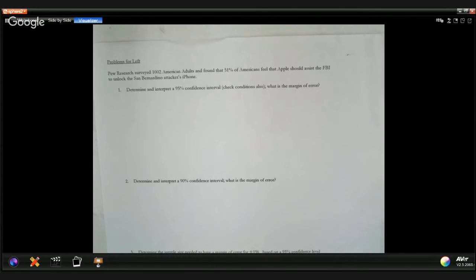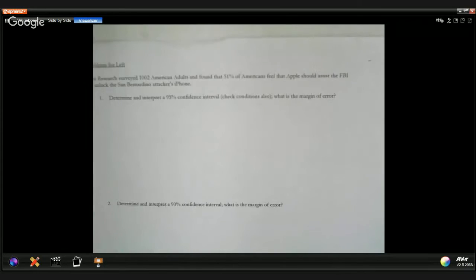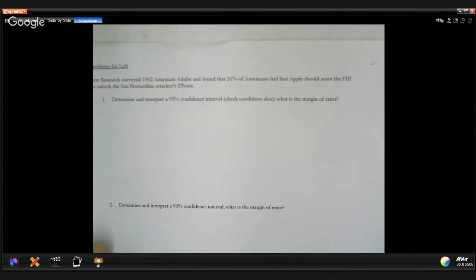All right, let's go ahead and look at some examples. So the Pew Research surveyed 1,002 American adults and found that 51% feel that Apple should assist the FBI to unlock the San Bernardino attacker's iPhone. Let's focus that on some, maybe a little too far away. There we go. So to determine and interpret a 95% confidence interval,